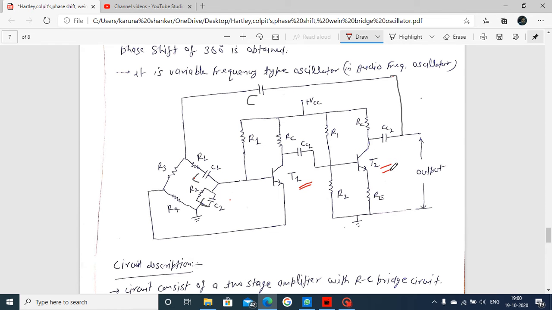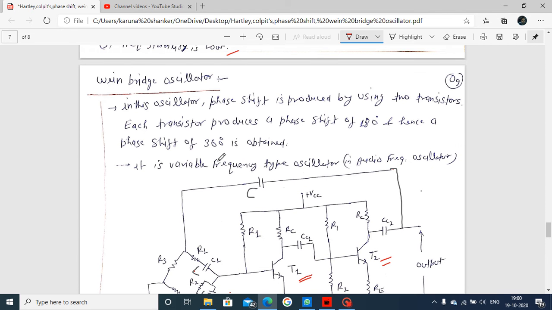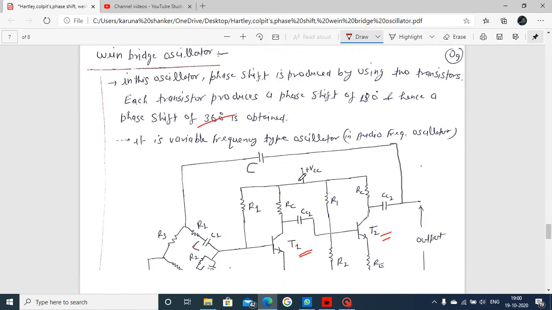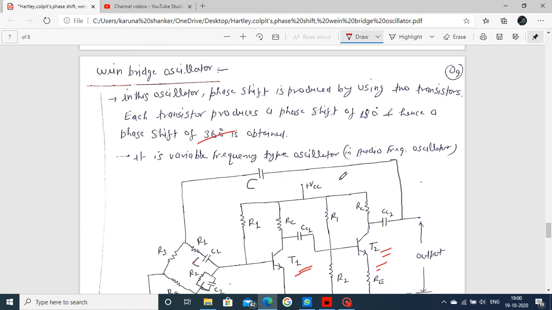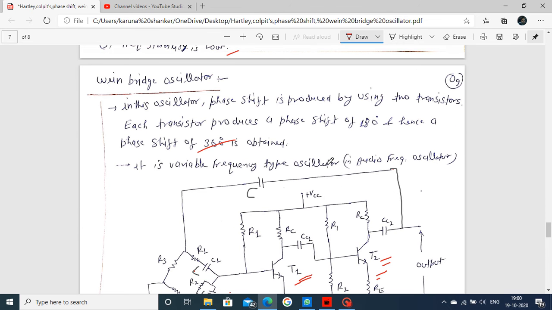We have already seen we need a 360-degree phase shift. This means the first transistor provides 180 and the second transistor provides 180, so the total phase shift obtained is 360. That's why we need two transistors here. Also, it is written that in this oscillator the phase shift is produced by the two transistors. Each transistor produces 180 degrees, so two transistors mean 360 degrees